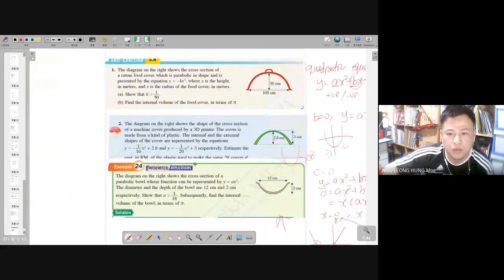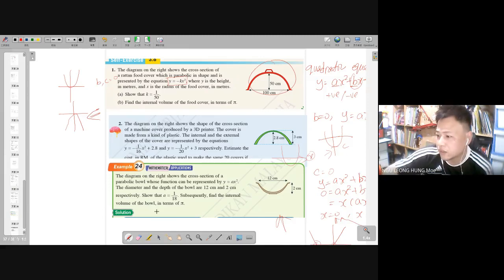For question number 1, you look at the equation, which means b, c equal to 0. If b and c equal to 0, then the graph will be either like this or like this. So definitely this question is this one. If this question has a negative a value, then